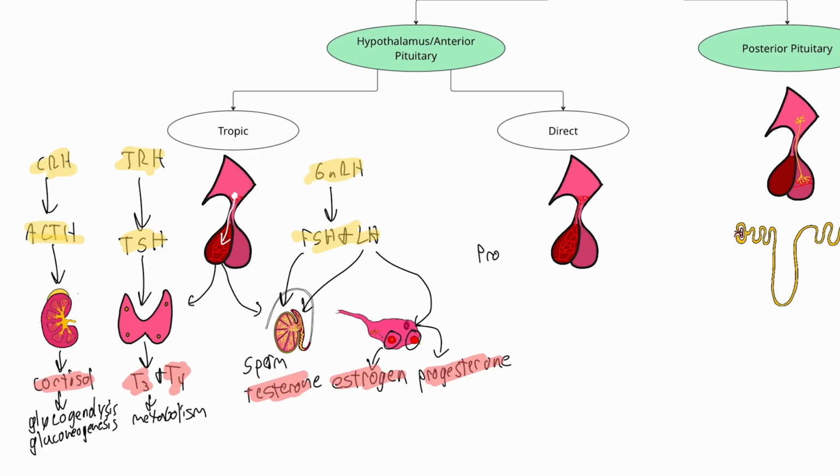It releases prolactin, growth hormone, and endorphins. The hypothalamus releases something called prolactin inhibiting factor, and as long as that's being produced, we won't release prolactin. Once it stops being produced, then prolactin will be released, and prolactin causes milk production, and that's in the mammary